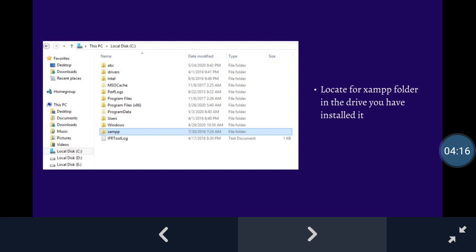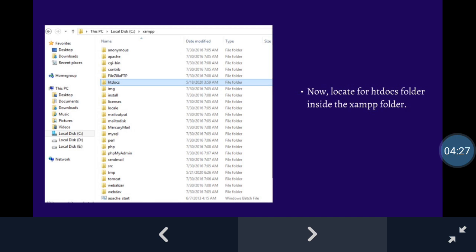Now we will start with the coding part. You need to locate the XAMPP folder which you have installed in the C drive. Under this XAMPP folder, you need to locate the htdocs folder. You can see on the screen, I have highlighted the htdocs folder.